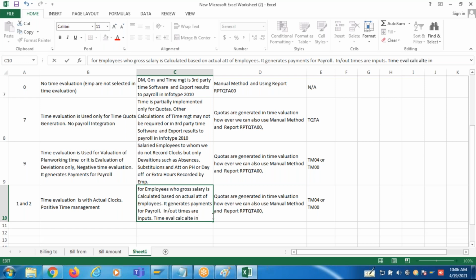Late ins, early lefts, unjustified hours, regular hours of the employee, OT hours, shift allowance hours, incentives.